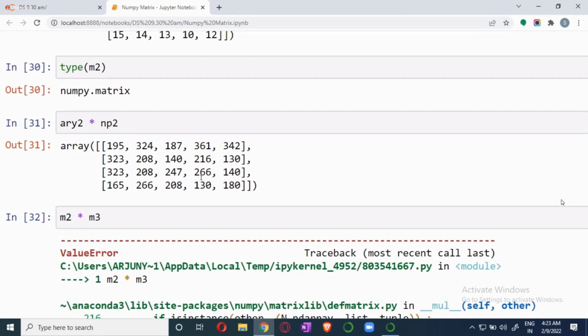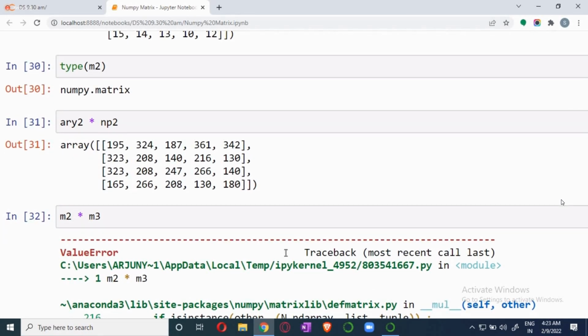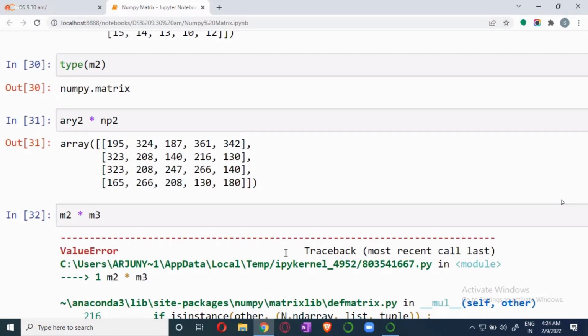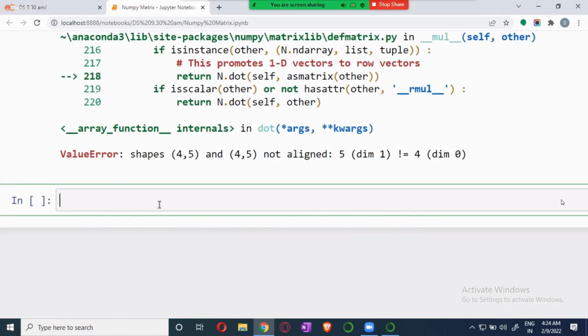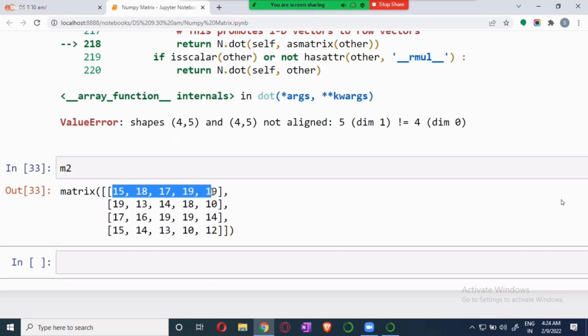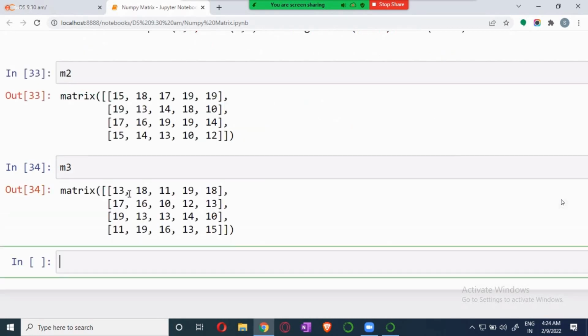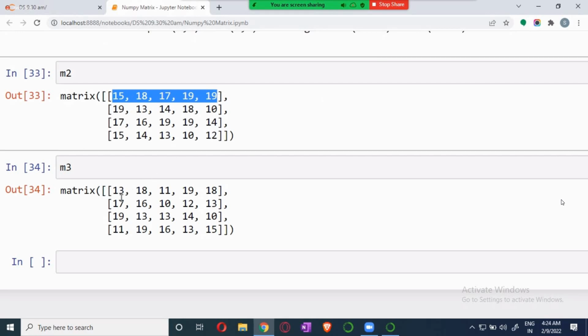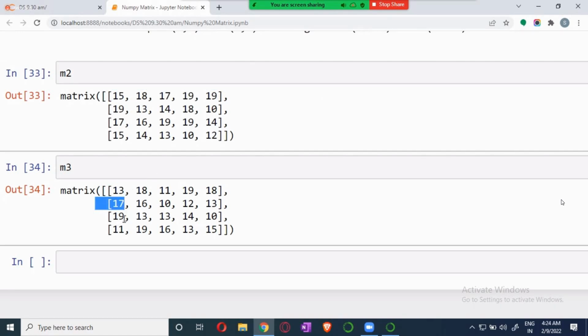Row and column, row and column, it will multiply. But the condition should be that the number of elements in the row should be equal to the number of elements in the column of the next matrix. Here, if you check, how many rows are there? How many values are there in a row? 5. Now, if I take M3, how many values are there in a column? 4. Now, this is not accepted, because the number of values in the row of one matrix should be equal to the number of columns in the other matrix. Then only